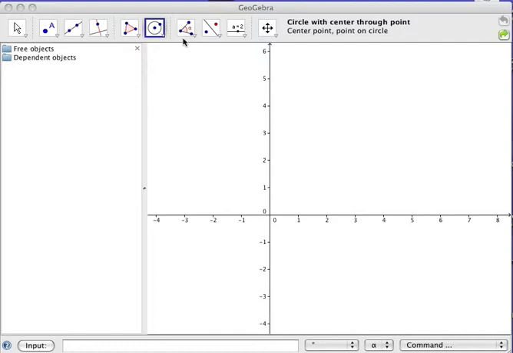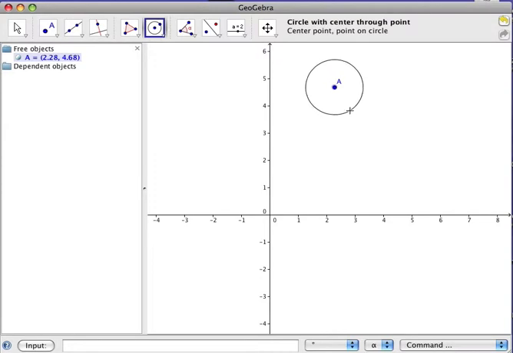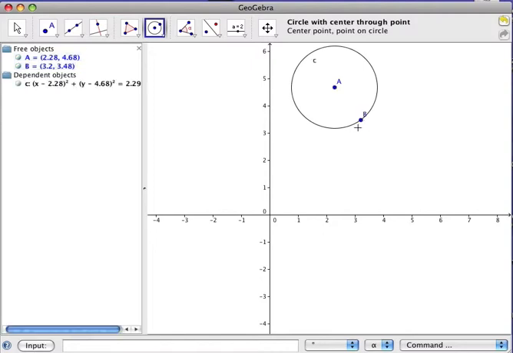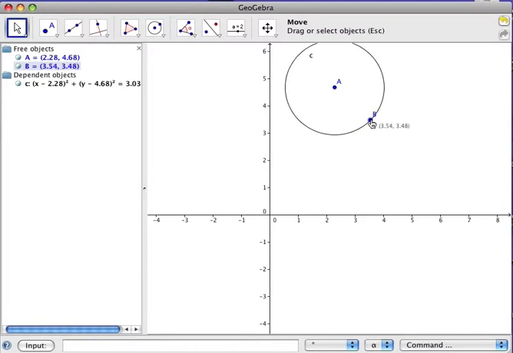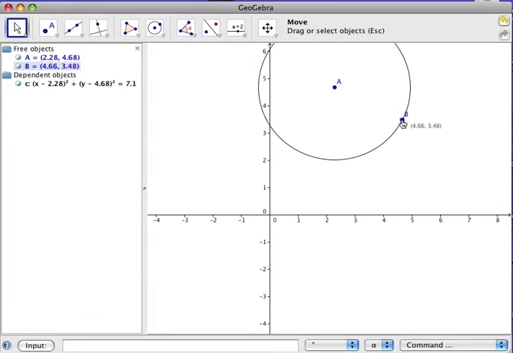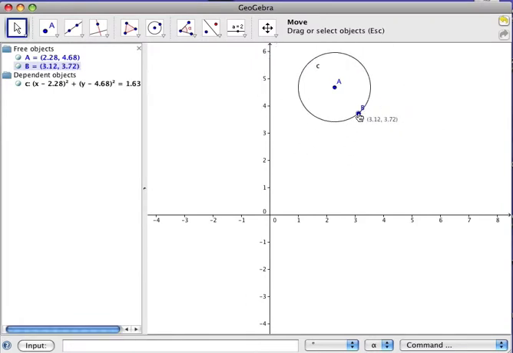To use it, we simply find where we want our center, click. We now have a center point A, and as we drag the cursor away from point A, we form our radius, and a second click locates a point somewhere on the circumference of the circle. When we go back to our move tool, we find that we can move our point B, and if we do, we make the circle larger